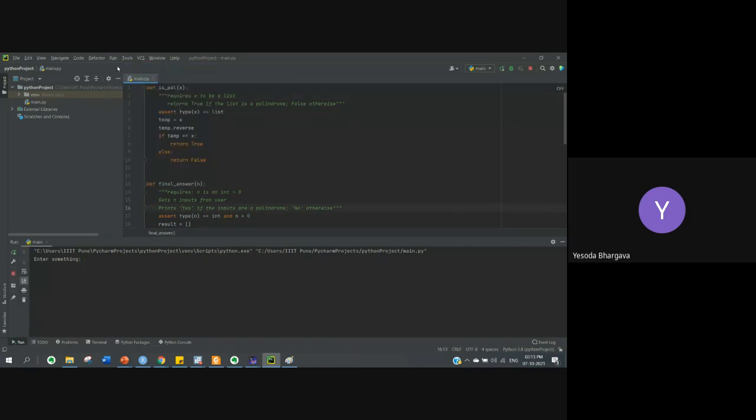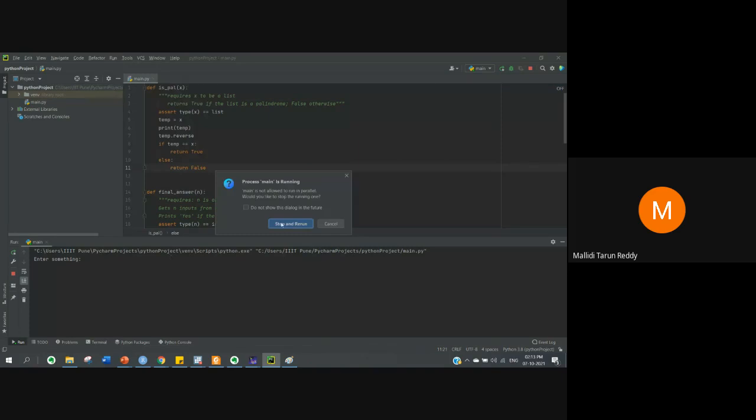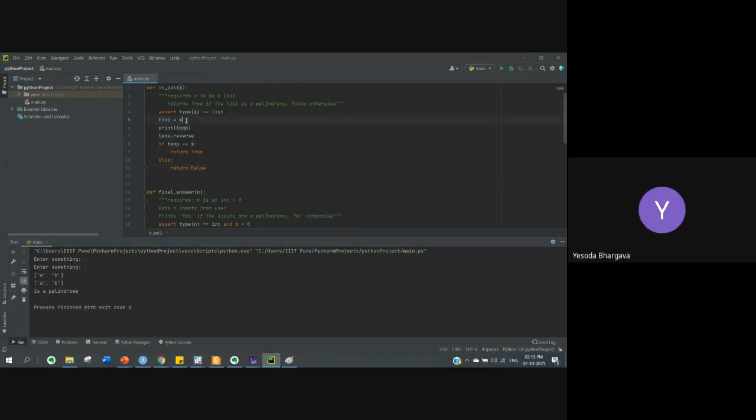So what do you suggest? What should be the first thing that stands out here? X is the input. So let us try to print temp. Reverse is a function. temp is obtaining the value of X, and here we are saying temp dot reverse.